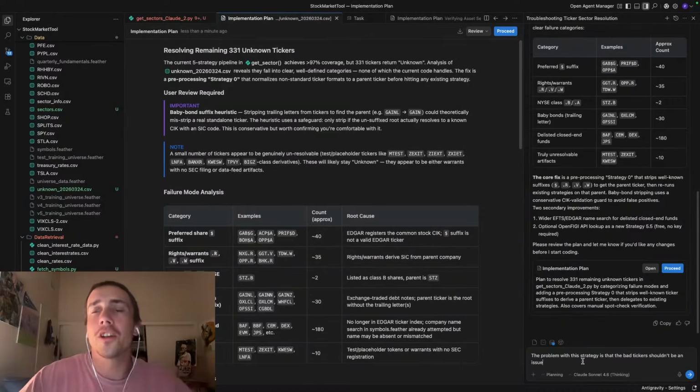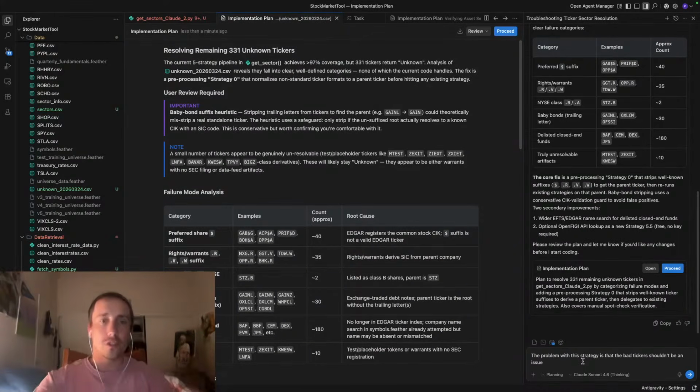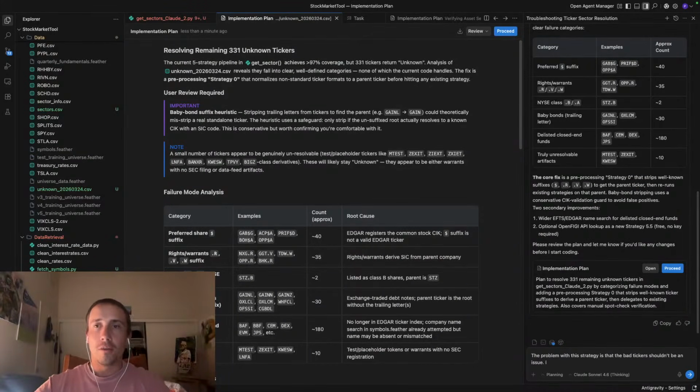Alright, the issue with this strategy is that the bad ticker shouldn't be an issue. I'm pulling the full name from the ticker name. I have this information in the data set.